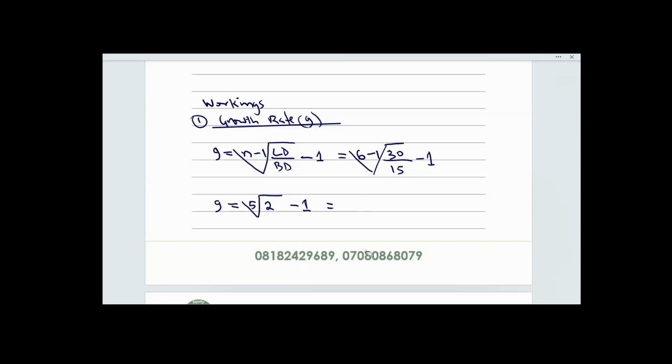So I can just say, of course, G equal to 2 raised to power, let me put it down so that you'll be able to understand better. G equal to 2 raised to power. The 5 that you have here, just divide it by 1. Usually, you can convert the formula to say G equal to LD divided by BD raised to power 1 over N, or minus 1. So you are still saying the same thing.